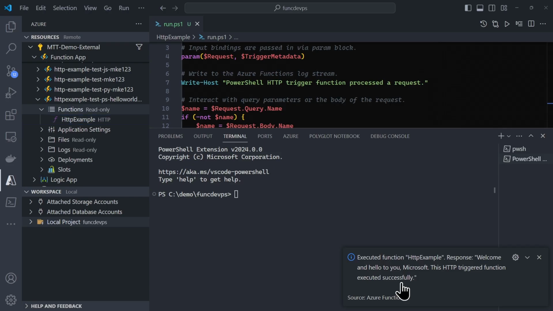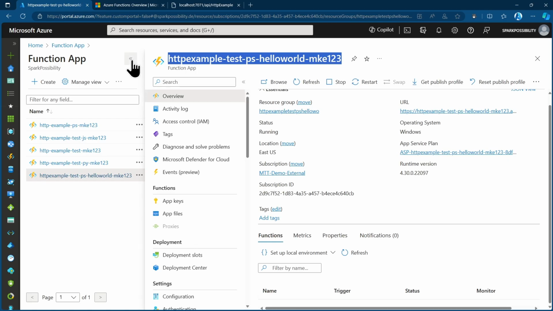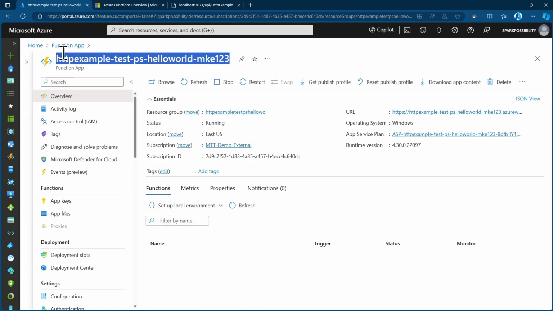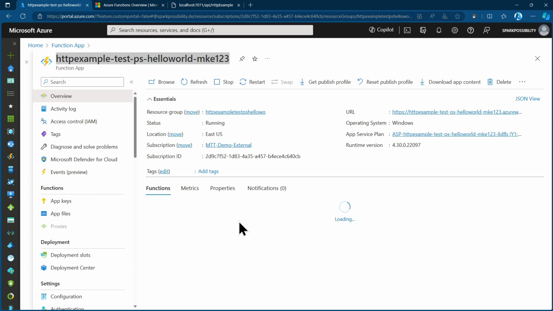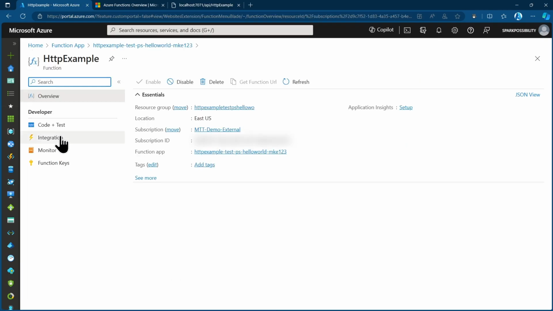Let's check this one last time, then also from the portal. So inside the Azure portal, you know that you can open up a function directly. That is already the function app that I have open. And in here, let's refresh. We should see our HTTP example. If I open that up, you can go into